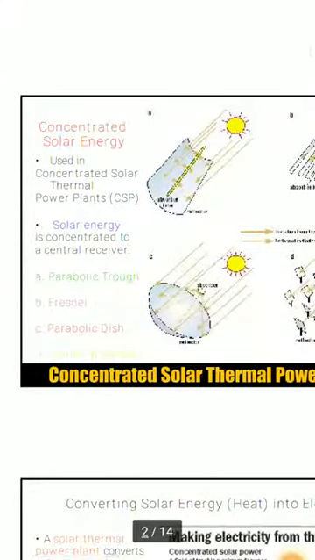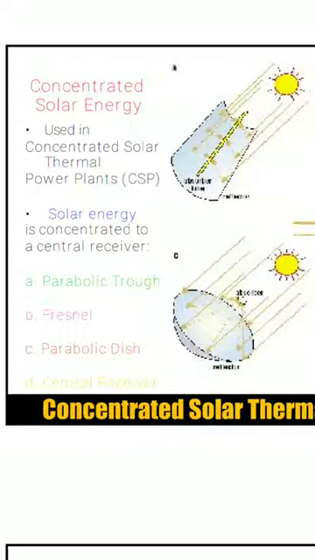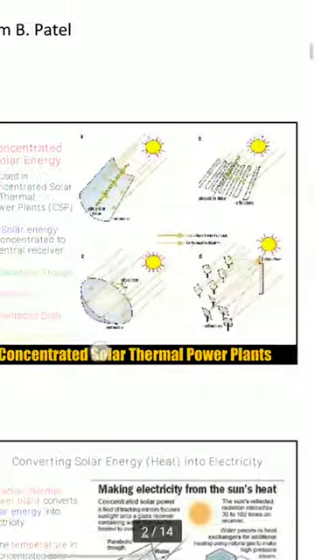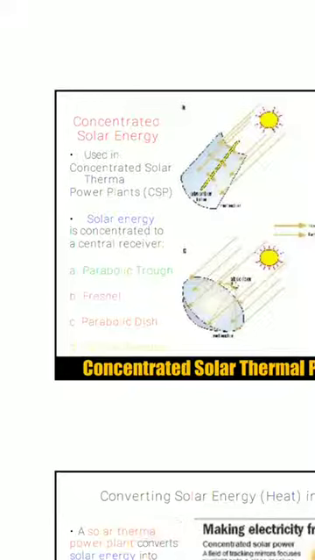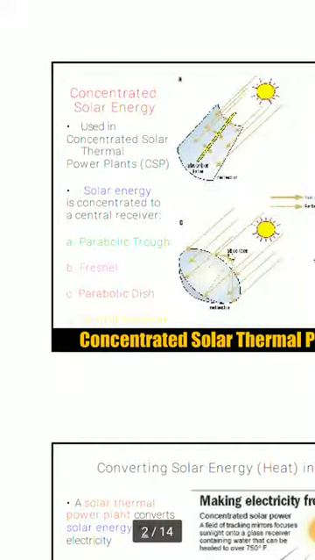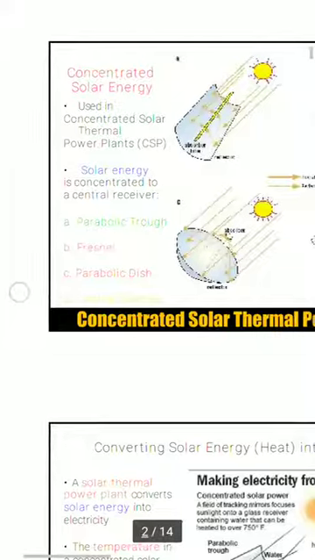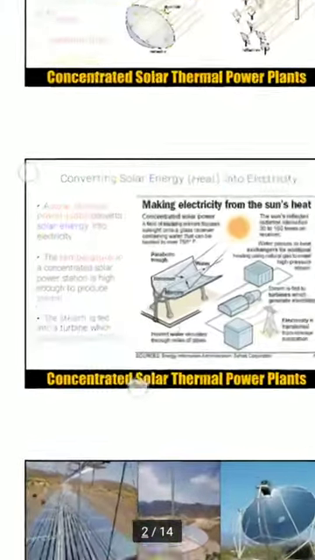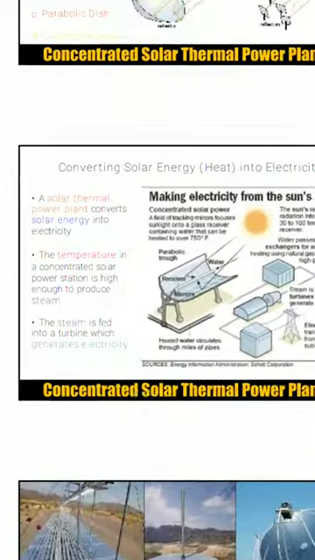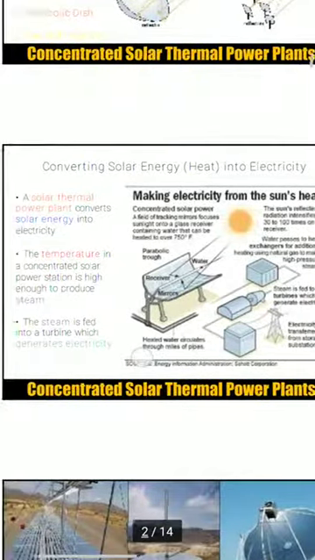Firstly, we have seen solar water heating. Now the thermal power plants due to solar energy. In this type, we use concentrated solar power plants where the energy is collected and then transferred to the turbines, where the energy is generated. This is done with parabolic trough, Fresnel, parabolic dish, central receivers, and all the other types of thermal power plants where the energy is converted into electricity.